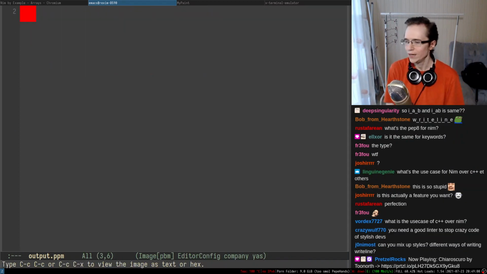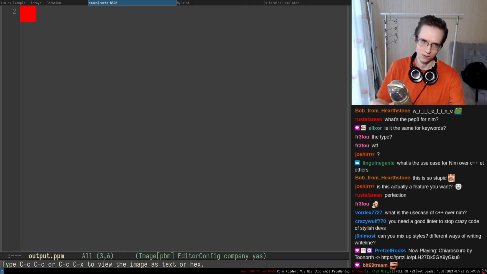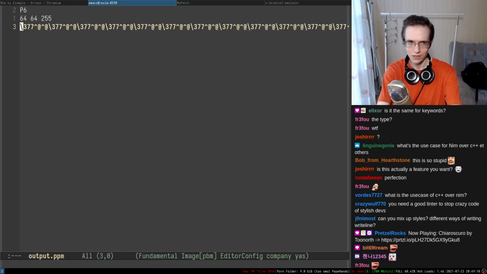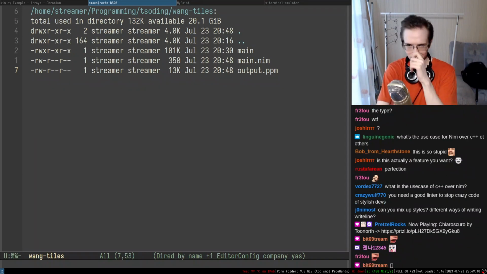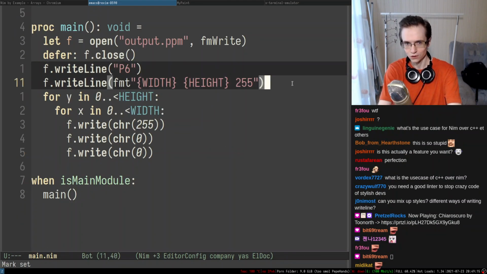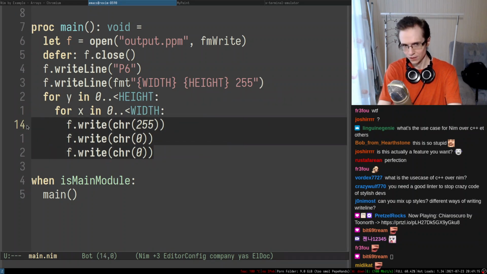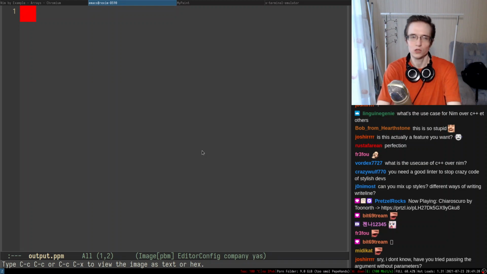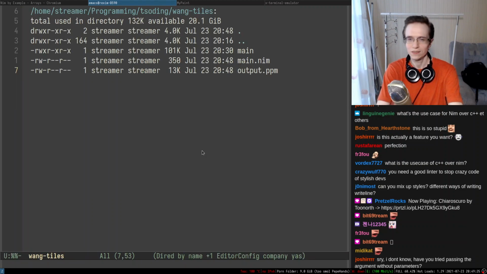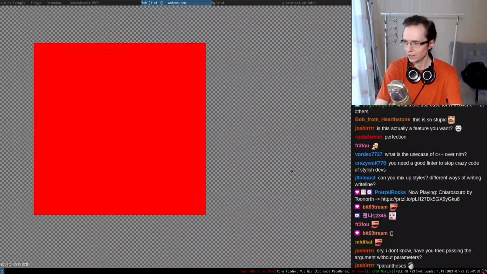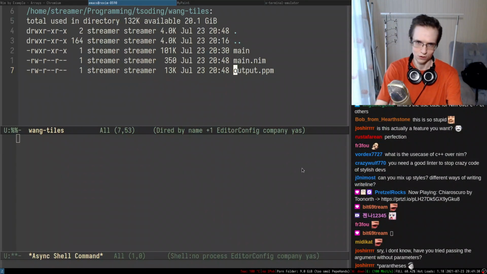This is a red square that we just generated with Nim in a PPM format, right? And in Emacs, in raw form, it looks like this. So yeah, the beauty of this format is that it's stupidly easy. It's stupidly simple. You just put this header in here and you just dump your bytes into the file, and there you go. You have a PPM file, and you can actually view it in the viewers that support this kind of stuff. I think that supports that, but unfortunately it kills my encoding because of the background and stuff like that. So we're not going to be using that.